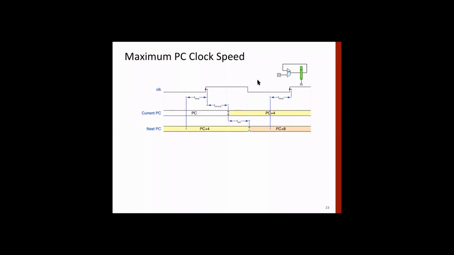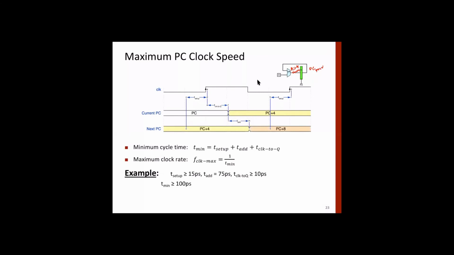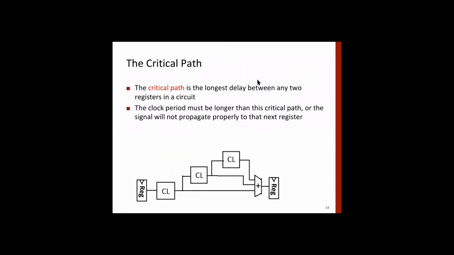The rest is all about what the value of PC is here and PC+4. For example, PC+4 is available and this is PC. So actually you can treat this as PC previous, and this is nothing but PC previous plus 4. You look at it this way, then it will become clear. Okay, all right. So now this way we can find out the maximum speed at which we can run the clock.